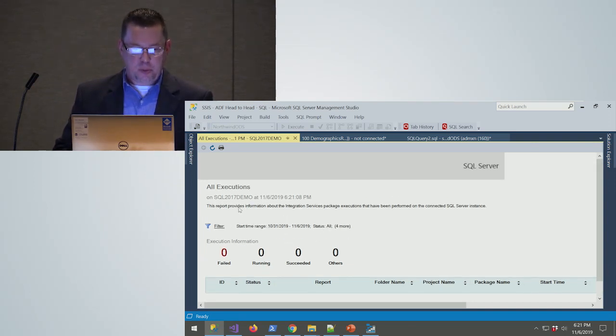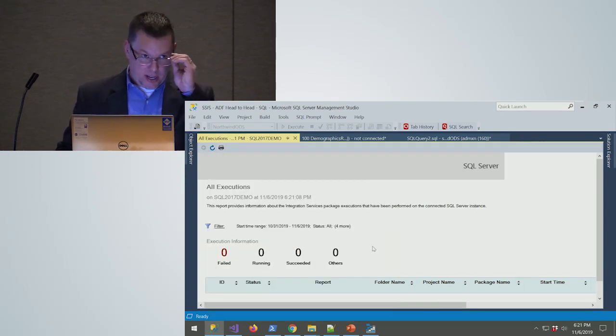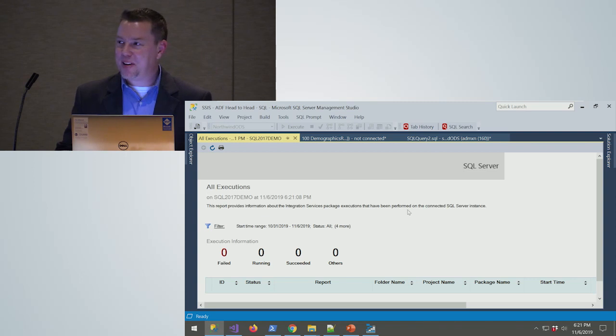The downside to these reports is, there's a couple actually. You can't export this information in a meaningful way. You can print it to a PDF. Let's say you had an error message in here and you want to get something meaningful out of there. You can't copy and paste in here. I don't know why. You can't select that text. You can't copy and paste from here.